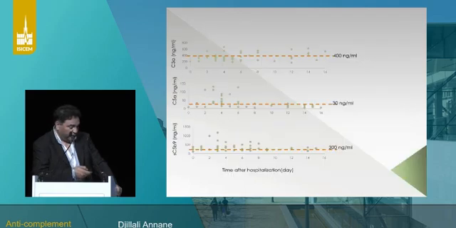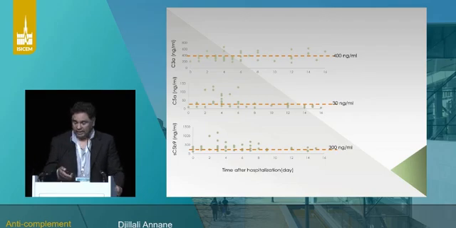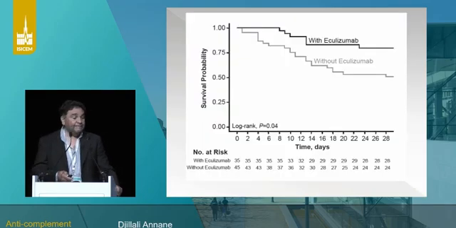So looking at the time course of anaphylatoxin C3a and C5a and the membrane attack complex, one can see that the concentrations in the blood of the patients remain high sustainably over time, suggesting that the activation of the complement pathway is really a process that is sustained over time in these sick COVID-19 patients.